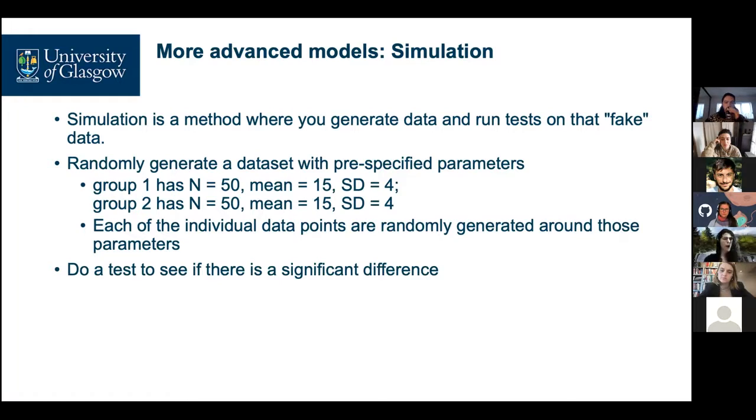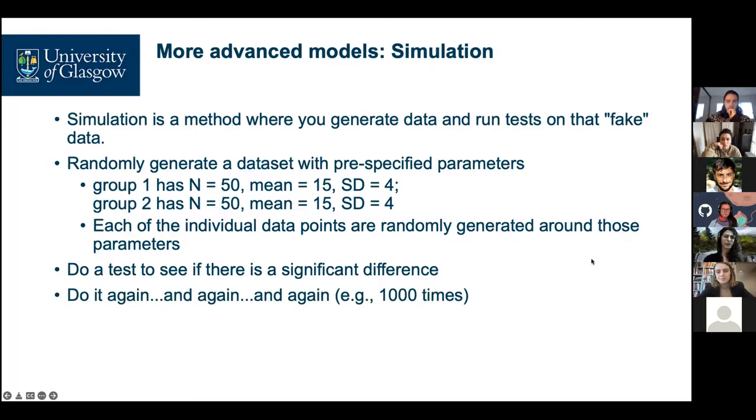But they will have around a mean of 15 because of this pre-specified random generation, and they will roughly have a standard deviation of 4. That won't be exactly those, it will be as close to those as a random generation can do. And then if we test to see if there's a significant difference between these two groups, then that